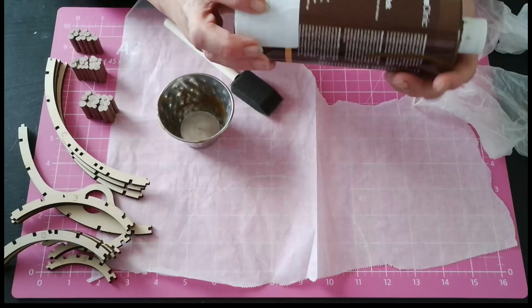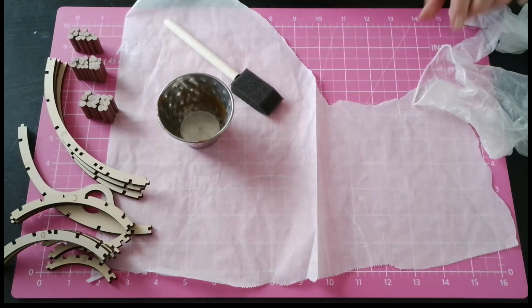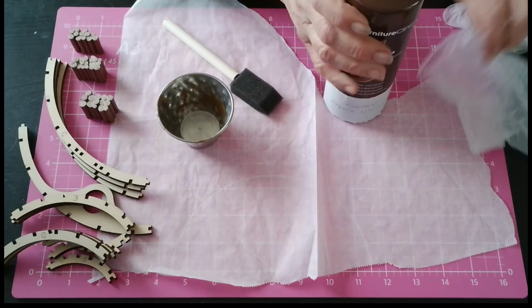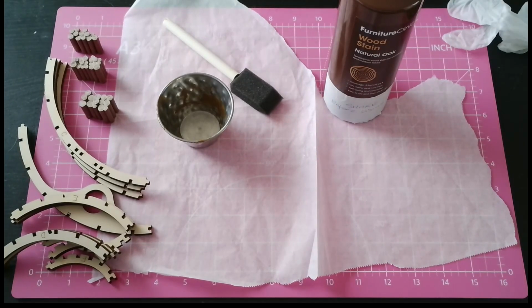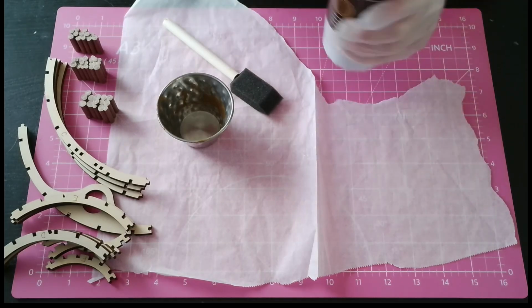Right, let's get all this ready. So, it says I have to write a note on myself to shake this before using. I have tried several times without shaking it, and I have to be honest with you, it doesn't work well because it separates within the pot. I've had this quite a long time. I bought it specifically for the Moomin House because there's quite a lot of wood involved,